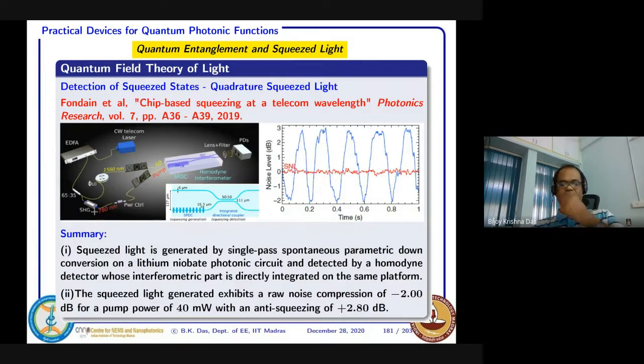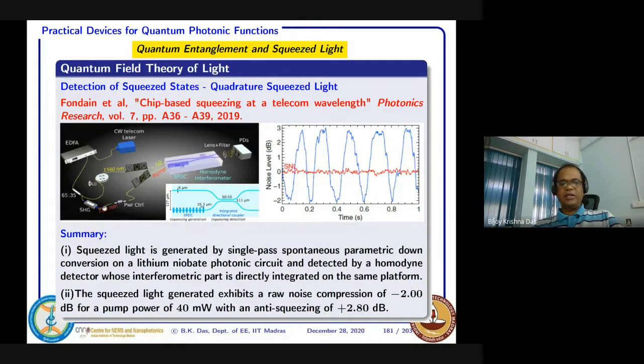So second harmonic, so frequency doubling it is actually. So wavelength is reduced. And then these 35 they are using as a local oscillator. As I said, this laser will be originated from the same laser, will be used for local oscillator, and another half will be used for squeezed light generation.